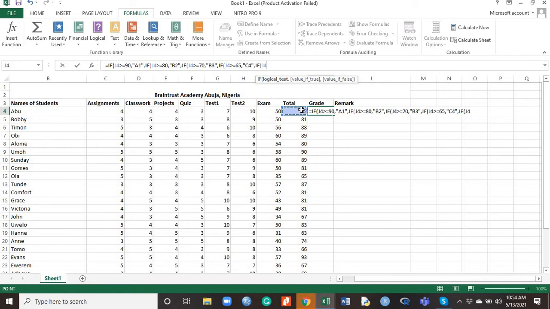J4, if it is greater than or equal to 60, then the candidate should be assigned the grade C5, close inverted commas, if, comma, if the score in J4 is greater than or equal to 50, then the computer should assign the candidate the grade C6, comma,